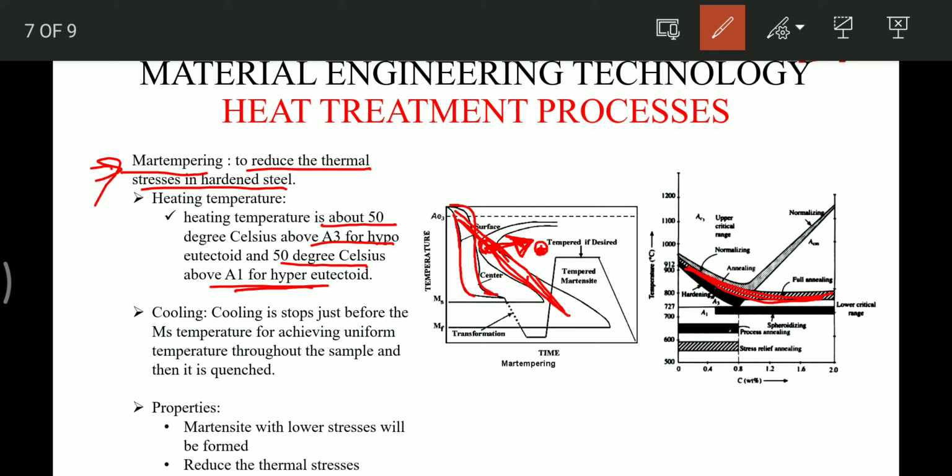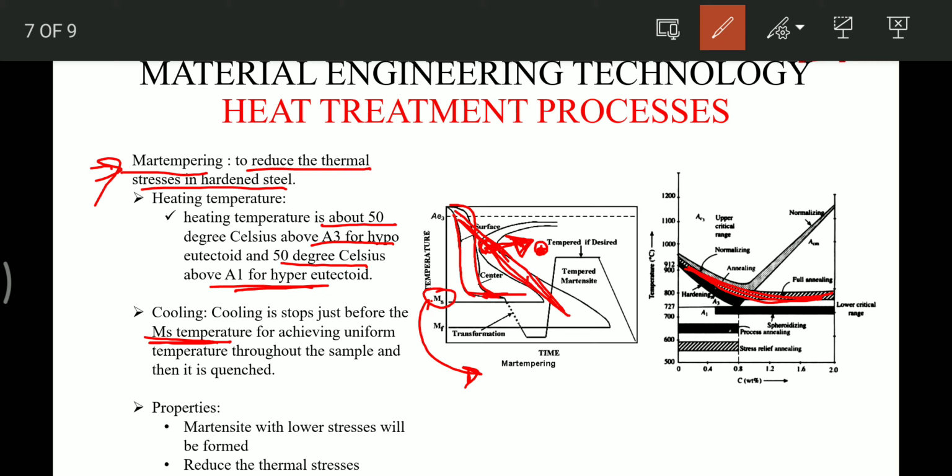Then cooling is done and it is just stopped before the Ms temperature. This is the starting temperature for martensite formation. At this temperature martensite structure formation takes place, so we have to start just before this temperature and